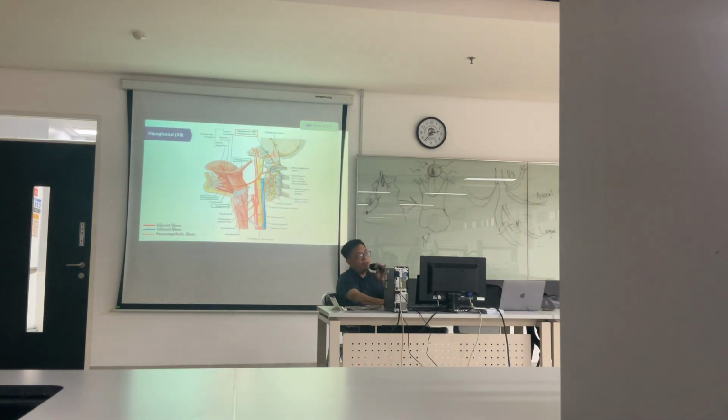And then for hypoglossal, just remember this is for tongue muscle. So this is motoric. All is motoric, no sensory. It's different. Same tongue, but it's different. This is for motoric. So if your tongue is moving, it's from hypoglossal. So if you have a problem with the hypoglossal nerve, you cannot move the tongue. So it is difficult for you to swallow something. Okay?